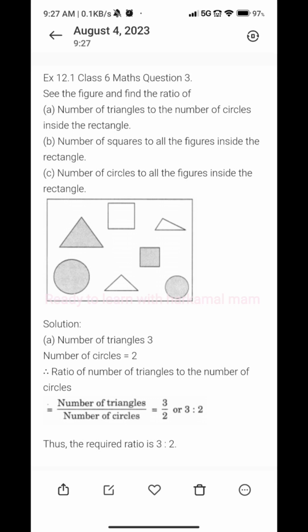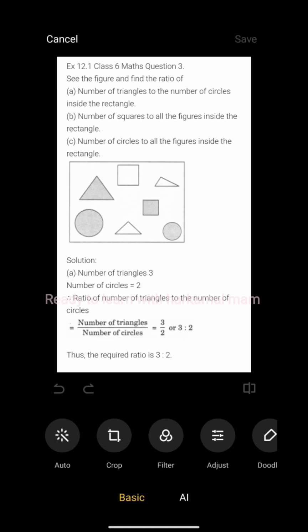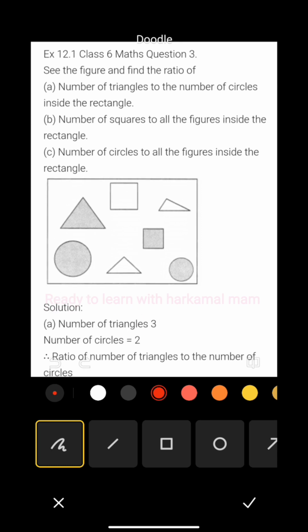Now in today's class we are going to discuss question number 3 of class 6 exercise 12.1. So let's start the class. So the first question we have here is question number 3. See the figure and find the ratio. What's the question? See the figure and find the ratio of the number of triangles to the number of circles inside